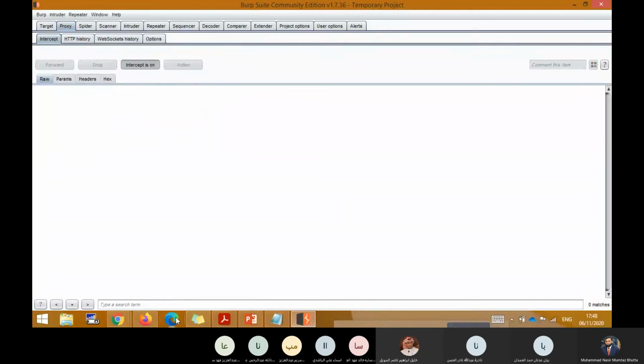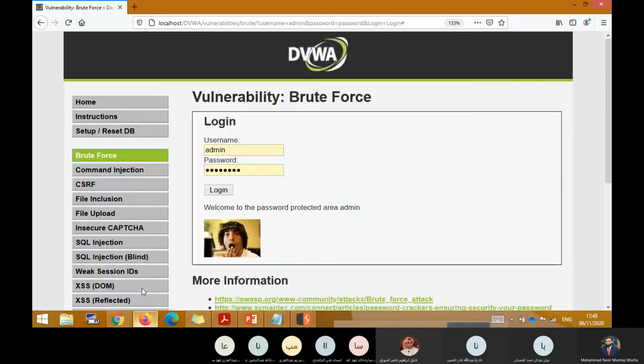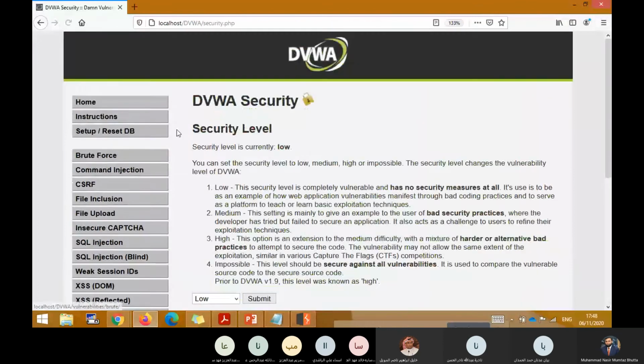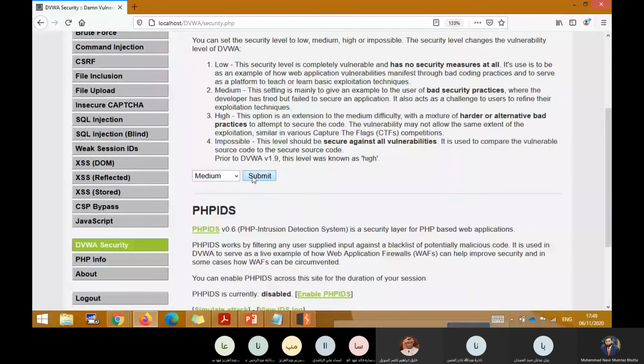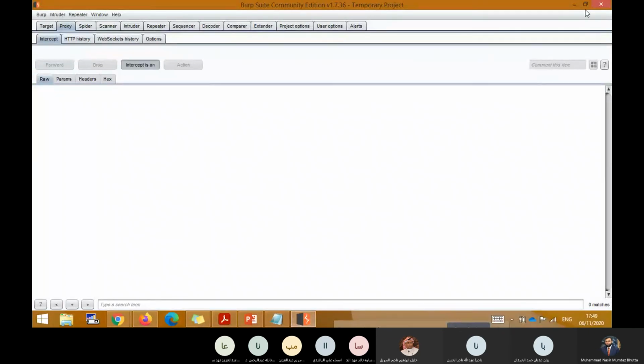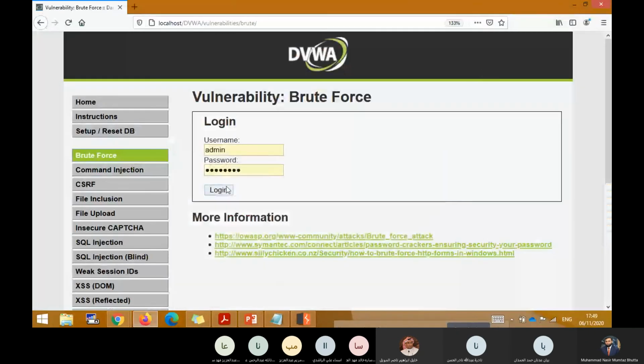So if I change the security level to medium, go to DVWA, go to medium, submit, come to brute force, and now make intercept on, and try to send username and password.